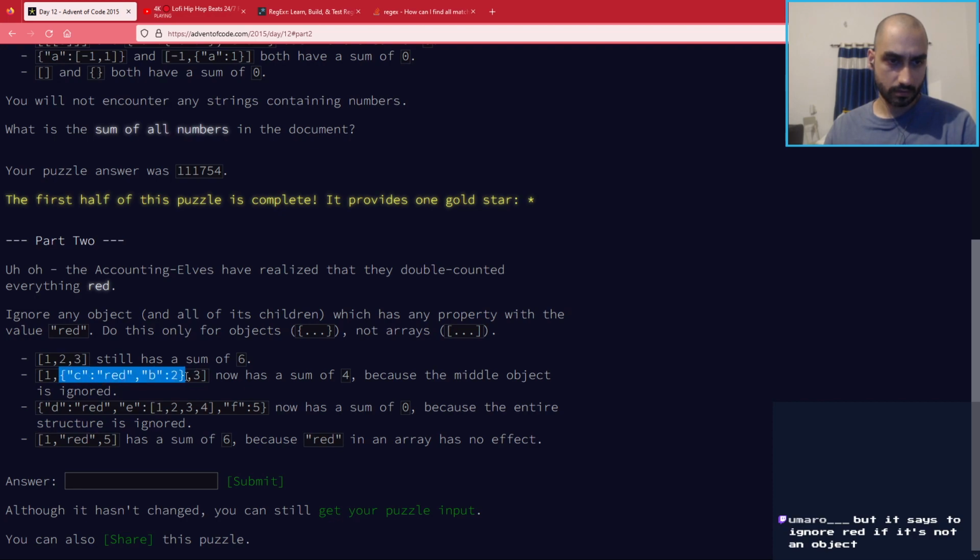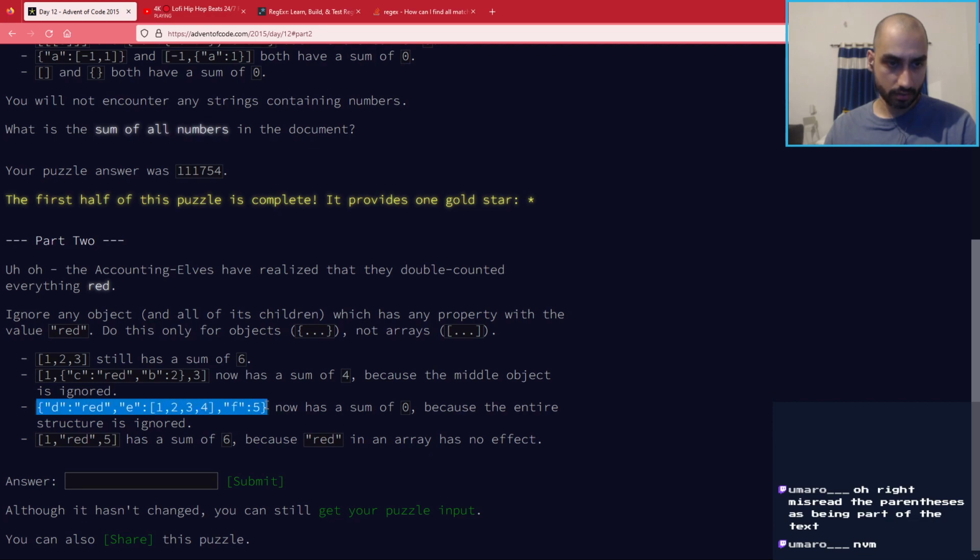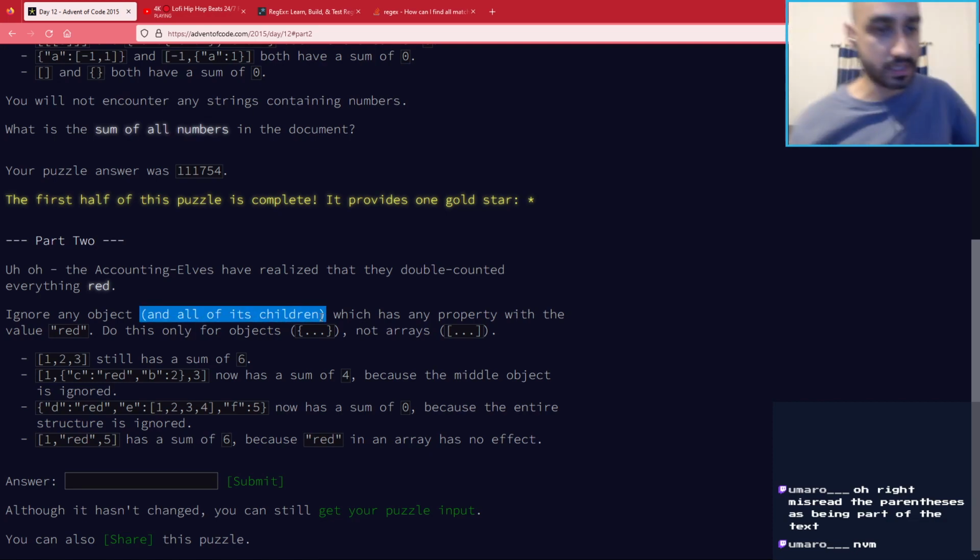Fine. All right, so that's cut out. In this one, the entire structure is cut out. The example I'd like to see here is if they had red inside. But it does say and all of its children. So I think if the string appears anywhere, even if it's inside square brackets, as long as it's inside,